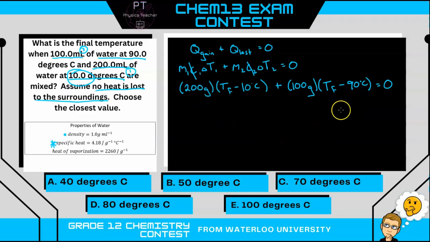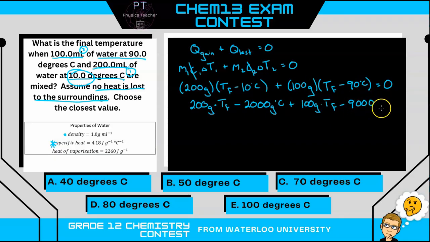So we're going to start by expanding each set of brackets. So this first set will be 200 grams times final temperature, minus 200 times 10, so 2,000 grams degrees Celsius. Plus, here we have 100 grams times final temperature, minus 9,000, so 90 times 100 grams degrees Celsius is equal to 0. So now collect like terms. So minus 2,000 and minus 9,000 is minus 11,000. And if we bring it to the other side of the equation, it'll be positive 11,000